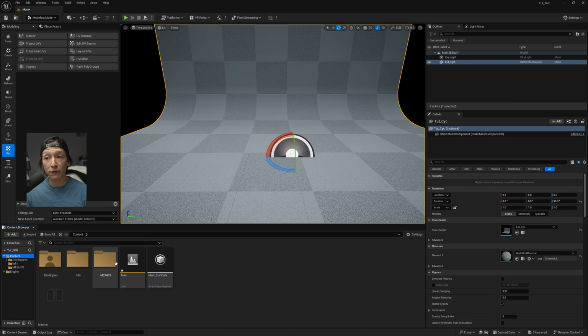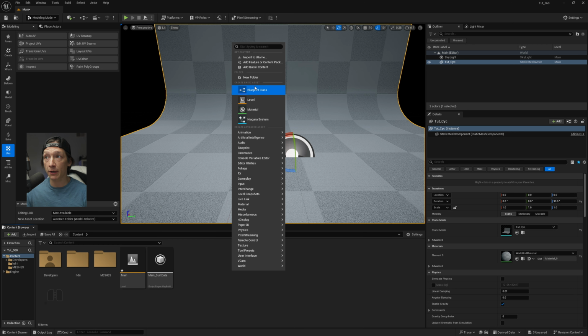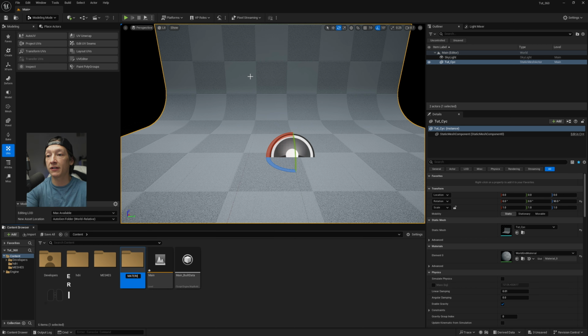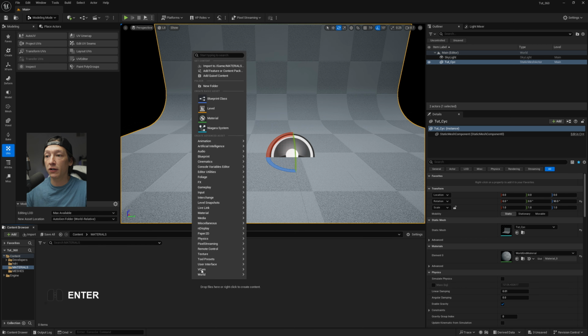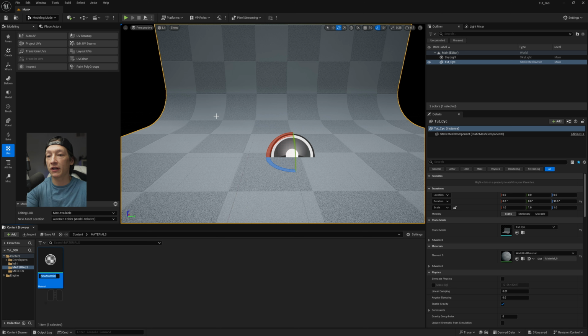Let's go ahead and make a material for this. We're going to right click in the empty space of our content browser, go to new folder, and we'll call this materials. Double click here, right click, and go to material. We'll call this M_white, and then double click on this